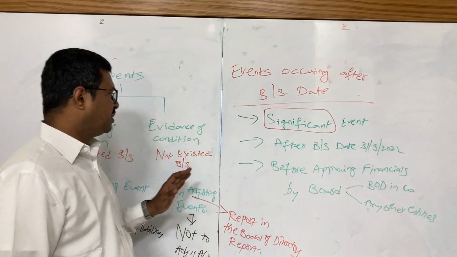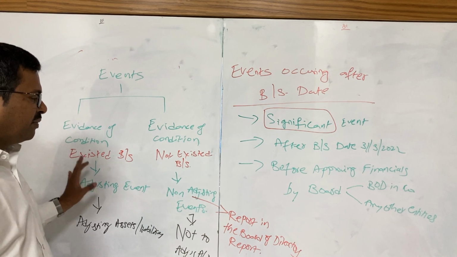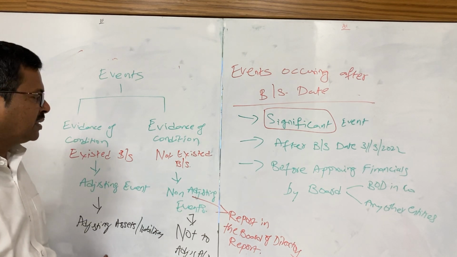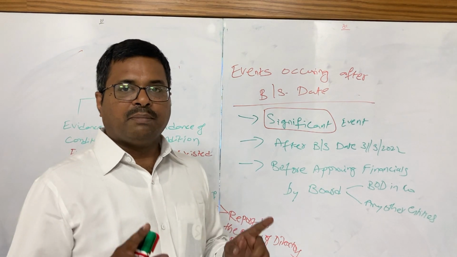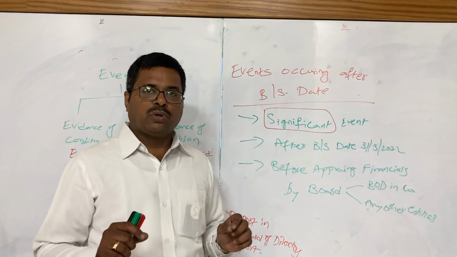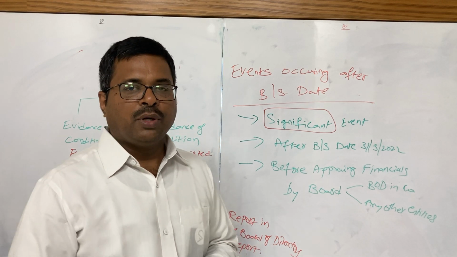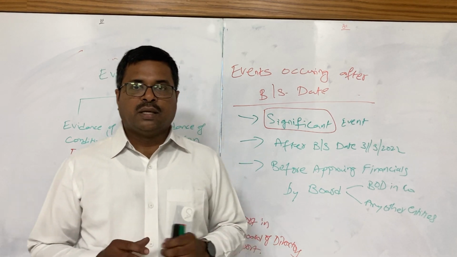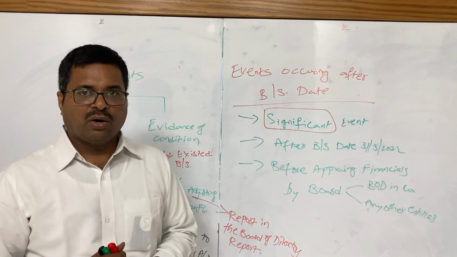This is the difference between adjusting event and non-adjusting event. Remember, for an adjusting event, adjust all assets or liabilities as the case may be. In case of a non-adjusting event, report it by way of a note in the board of directors report or approving authority report. Hope you understand the accounting standard for contingencies and events occurring after the balance sheet.